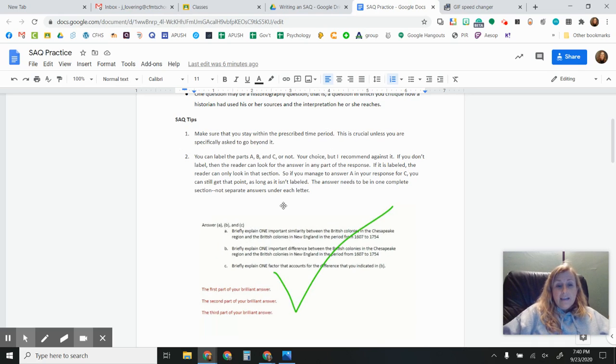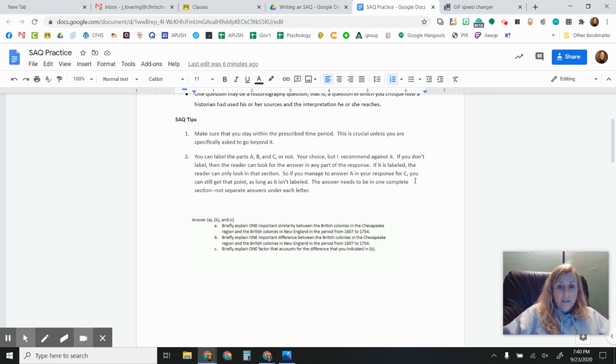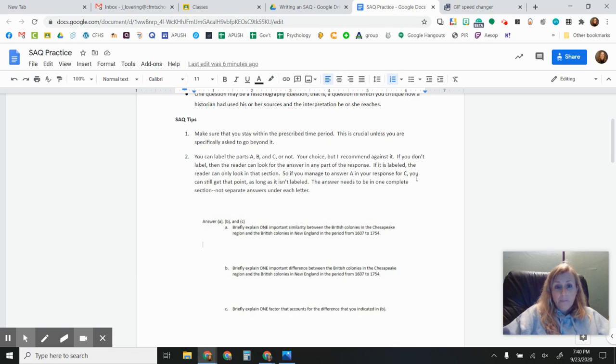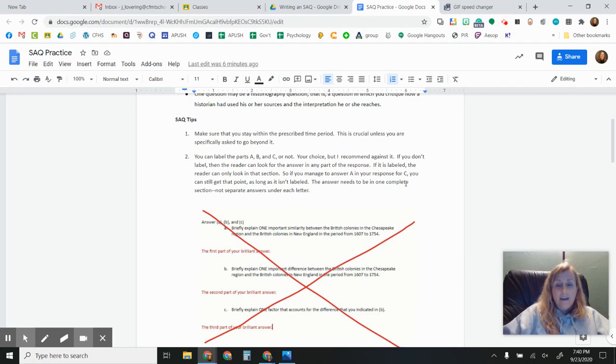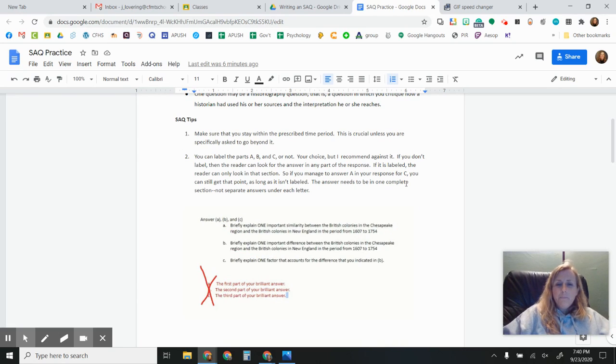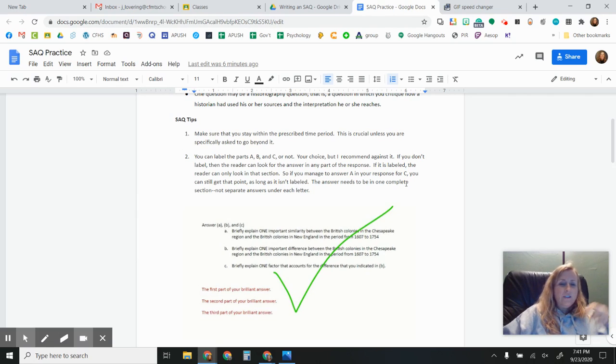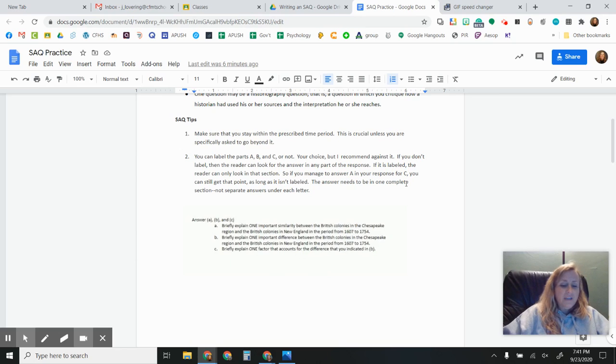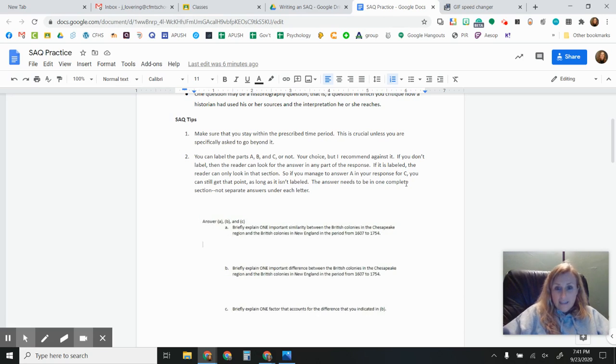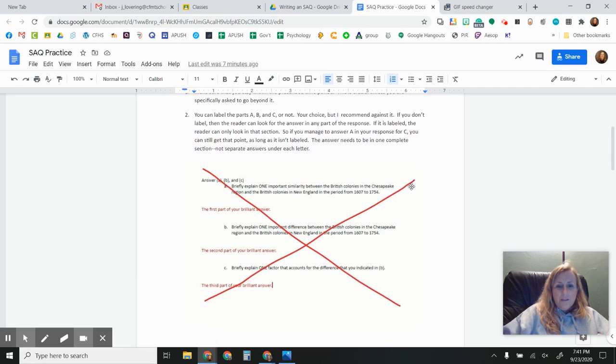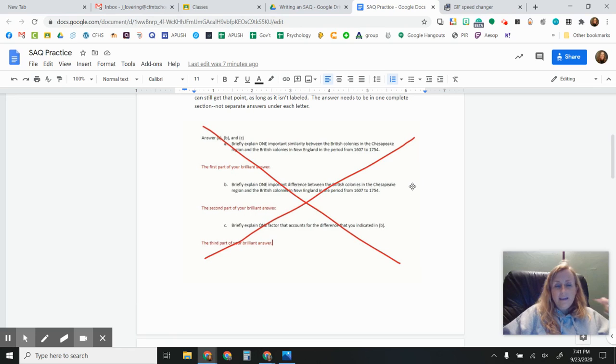So 3 tasks, you can label them A, B, and C or not. I recommend not. If you label them, then the reader can only look for the answer to A in A, and they can only look for B in B. If you don't label them, then they can find your answer in any of the three. So maybe you actually answer A accidentally in C. Well, if they're not labeled, then I can give you the point. If they are labeled, I can't. So that's something that's pretty important, and that's why I recommend firmly against labeling